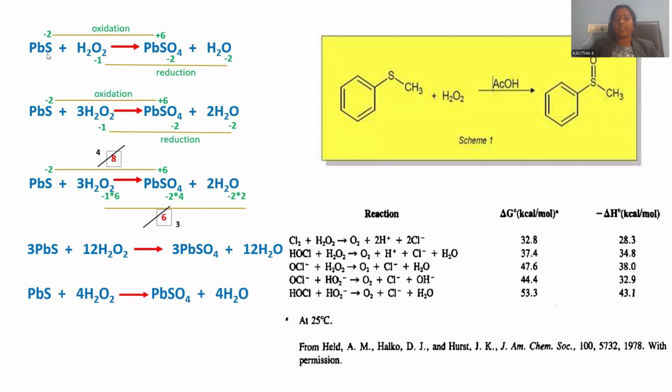Lead sulfide is treated with hydrogen peroxide, so that wherever sulfur is there, oxygen atoms are added. Ultimately it is turned into the oxidized form, lead sulfate. So sulfur gains that many oxygen atoms by the addition of hydrogen peroxide. That's why we can say it is simply oxidation of lead sulfide into lead sulfate, right? Sulfide turned into sulfate is a kind of oxidation. Since oxygens are added, it is simply said to be an oxidation process.